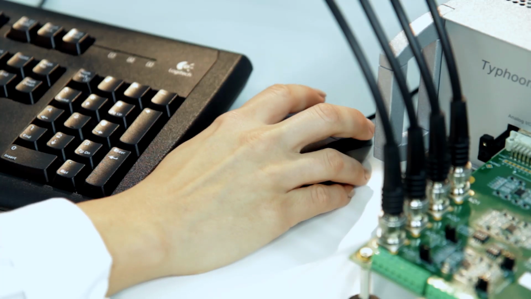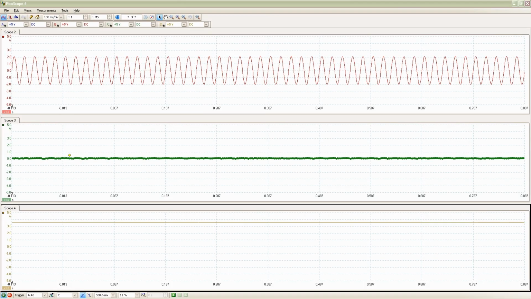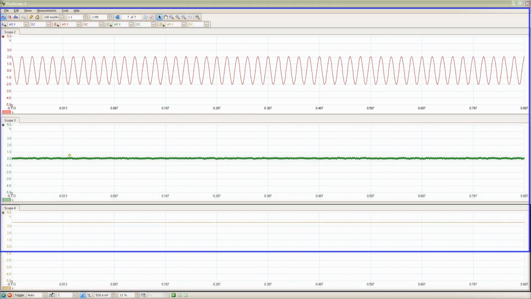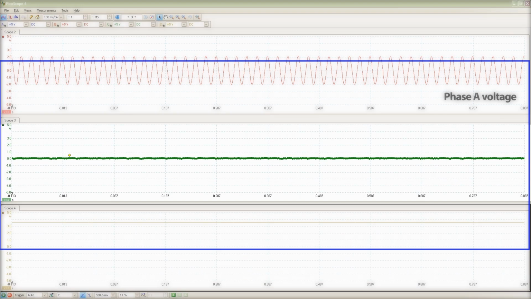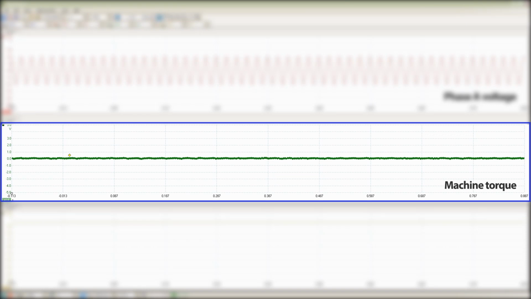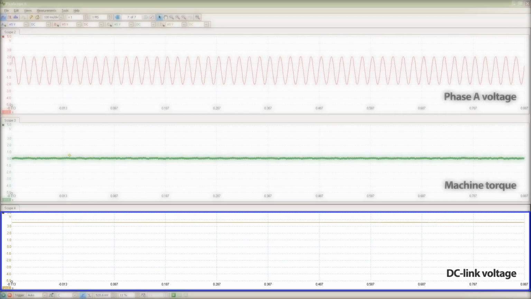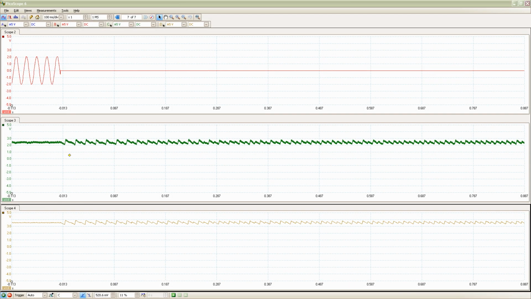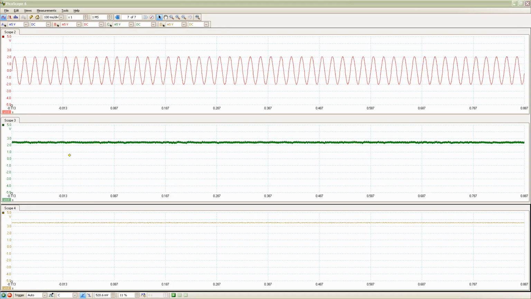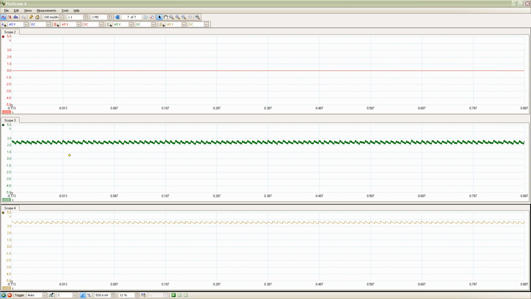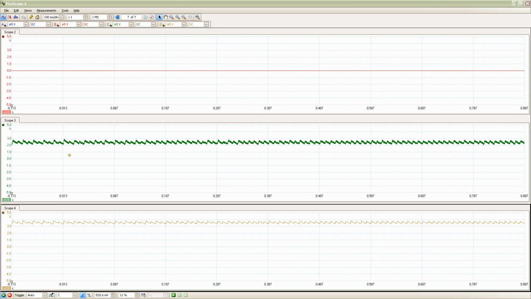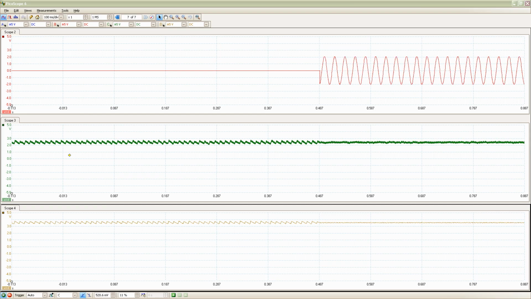Now the second test with the loss of phase A voltage will be performed. Here, 3 signals will be observed: phase A voltage, machine electrical torque and DC link voltage. Phase A voltage will be reduced to 0 and restored to the full value every 3 seconds. The sequence will be repeated 6 times. Please notice the increased ripple in the machine electrical torque and in the DC link voltage due to the loss